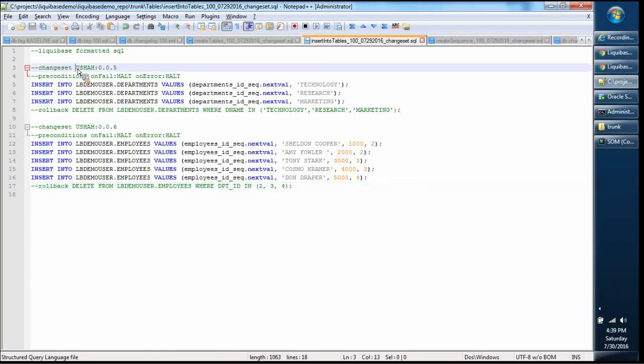Let's go through the data that we are going to insert. So we don't have any preconditions here. The ID for the change set has been incremented by 1 each time, so 5 and 6. What we are inserting into departments, we are inserting 3 departments: technology, research, and marketing. We are using sequence for each of them, which we went through in the previous file. We have created employee sequence also for employees table, so that is what we are using for inserting data into